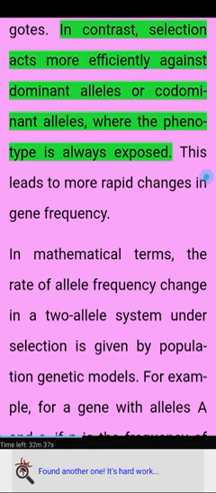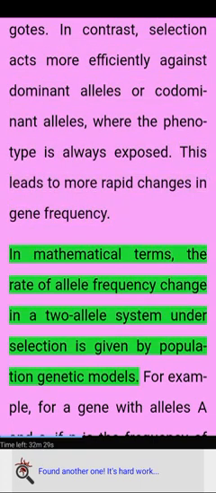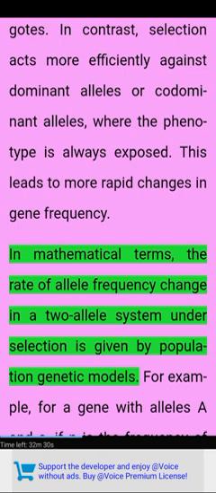In contrast, selection acts more efficiently against dominant alleles or codominant alleles, where the phenotype is always exposed. This leads to more rapid changes in gene frequency. In mathematical terms, the rate of allele frequency change in a two-allele system under selection is given by population genetic